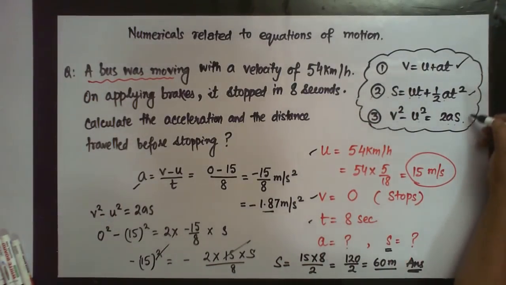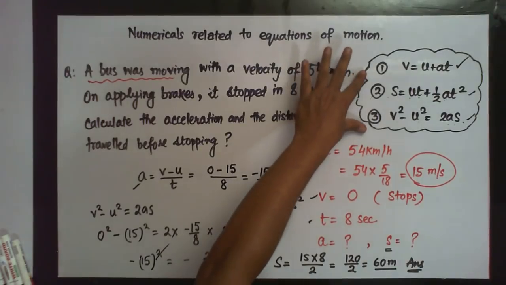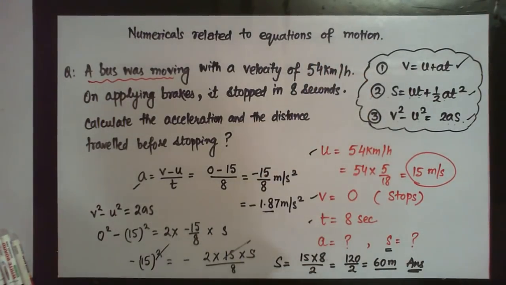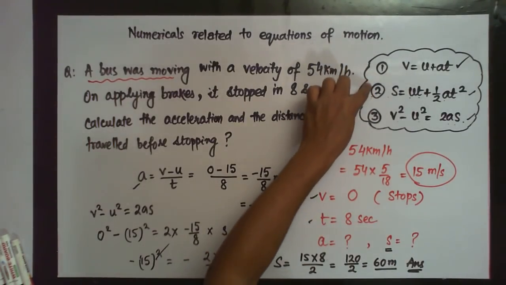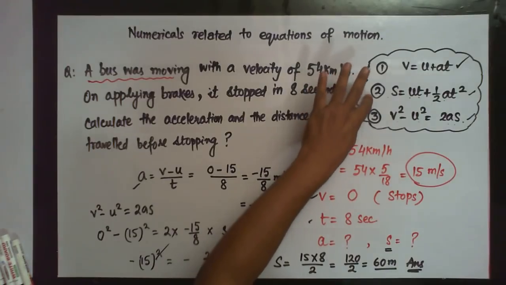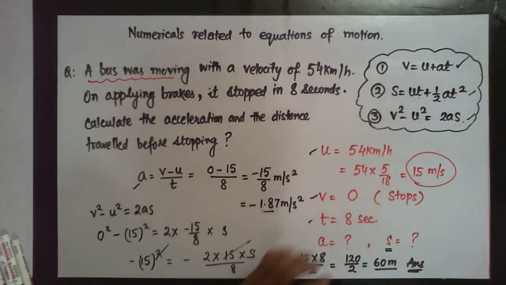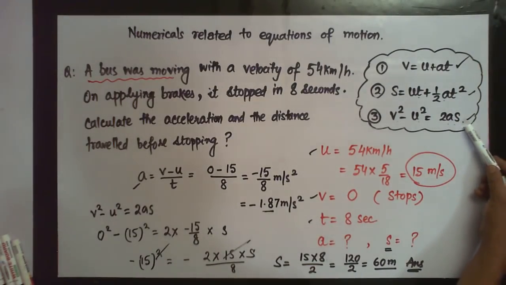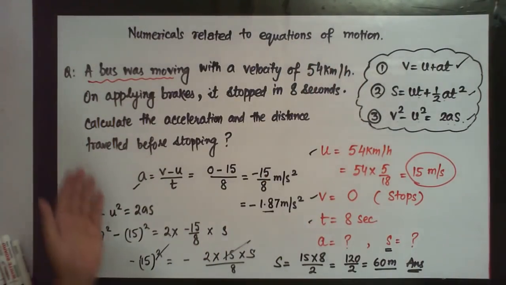So what was today's discussion? We discussed these three equations of motion. By using graphs, we derived these three equations. Now what is the important part here? Out of these three equations, you would surely get one to derive in your examinations. It's a common question in every question paper, either second or third, because the first one is very easy. It is only 2 lines. So mostly you get the second or the third equation of motion to derive. If you understand these three equations, it becomes very easy to solve various types of numericals.